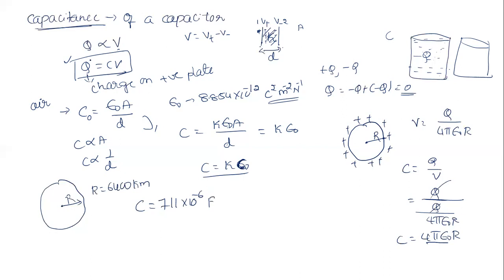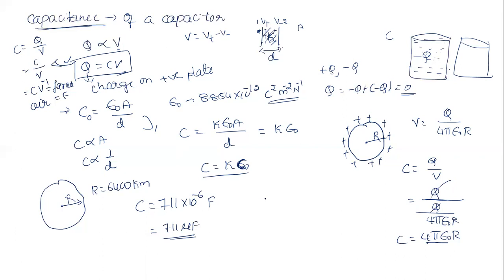How did we get a farad? From this equation, look here, capacitance equal to Q by V, where Q is charge in coulomb, V is potential. It has become coulomb per volt. So this coulomb per volt is also called farad. So we indicate F in honor of the scientist named Michael Faraday. Sir, for a conductor like Earth, which is huge, it can store only 711 into 10 power minus 6 farad. I can say 711 microfarad.